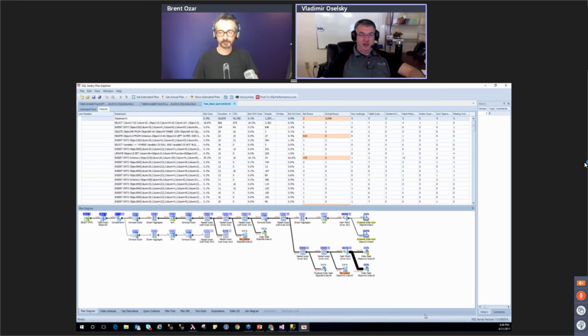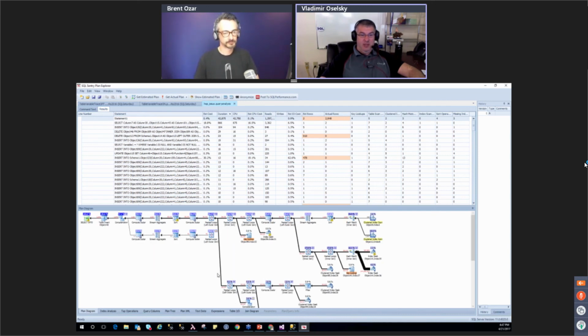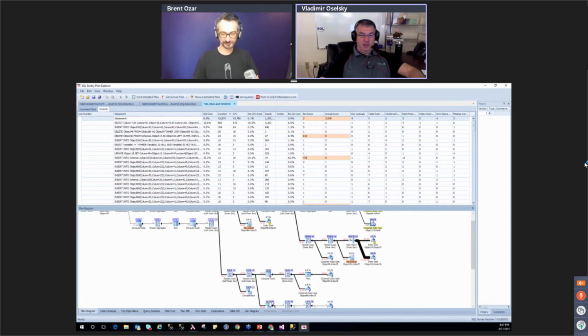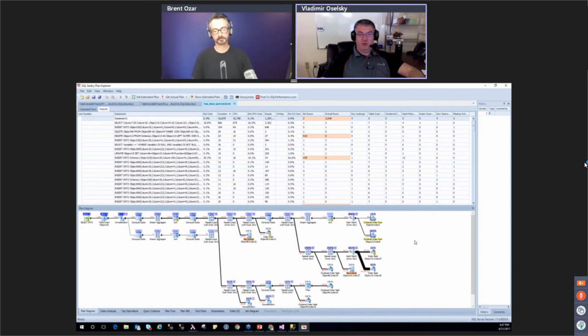Another easy way of figuring out where your problem is is by doing this cumulative view, and then we can easily see which leg of the query we actually need to look at. The bigger the queries get, the more easily we can narrow down to find the problems we are looking for.